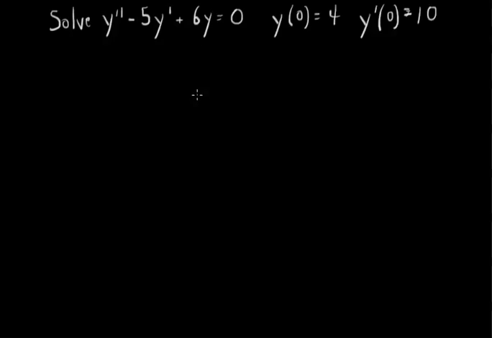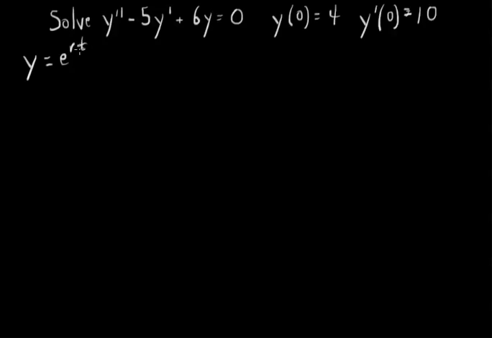Hello, differential equation students. We have here a second order linear homogeneous, because we have 0 over here, differential equation with constant coefficients, 1, -5, 6, and we're going to solve it. Now the way we're going to do this is we're going to make an assumption that y has the form